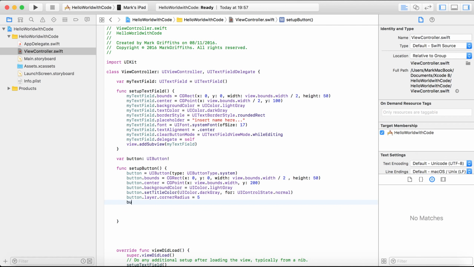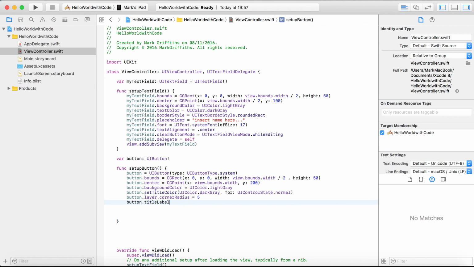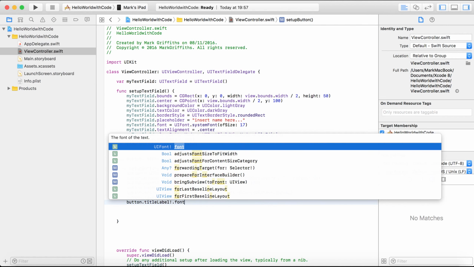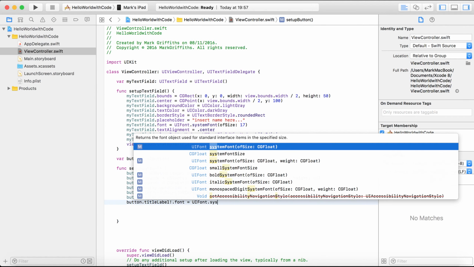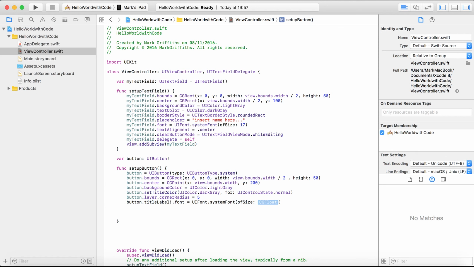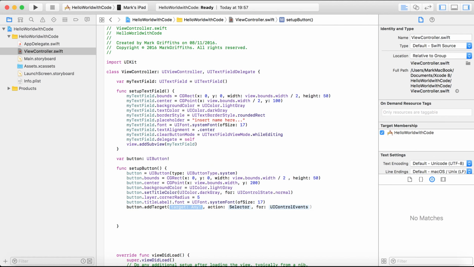So now we're going to say button.titleLabel, and our title label, which we have got, of font is equal to UIFont.systemFont of size 17. And then following this, we just need to make the button do something. So we're going to create something for the button to do. So when the button is pressed, we want to add target, and the target is self,